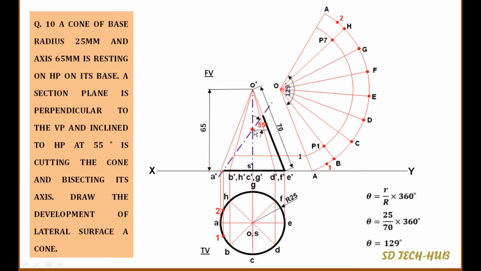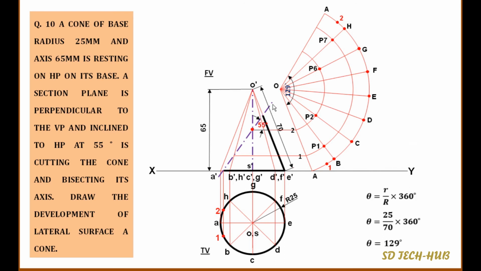Now next, this section plane is intersecting the OC and OG generators here. Now we have to draw one horizontal line from that point of intersection parallel to XY up to OA. Now consider this point as 2. Take a radius equal to O2, with O as center, again draw one arc and find the intersection of that curve with the same generators in the development. So this is the point of intersection with OC, named P2, and this is the point of intersection with OG, and it is P6.